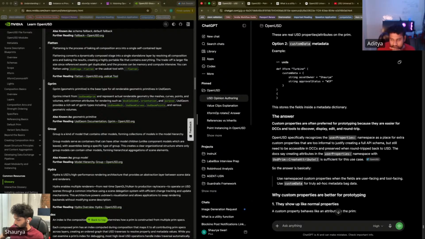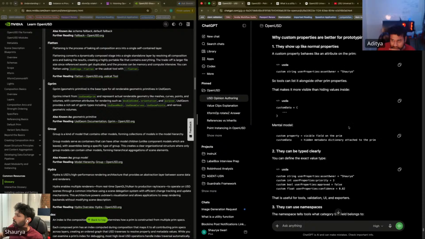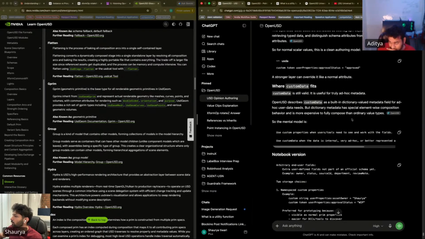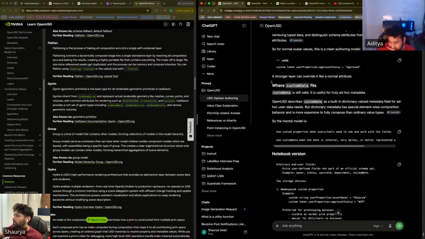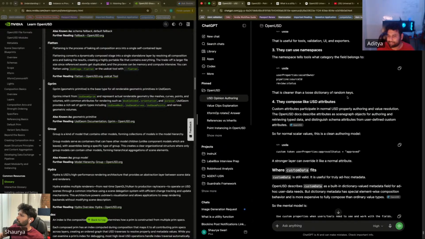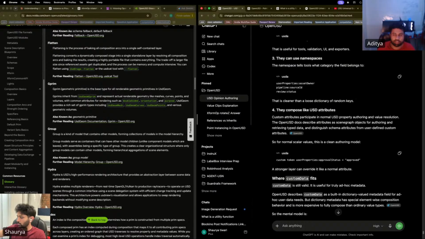I'll just make a note of this. So custom data is still valid. It is useful for truly ad hoc metadata. Truly ad hoc metadata. Yes.